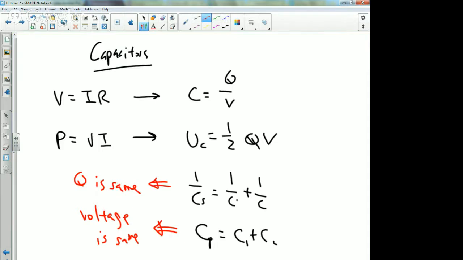at all locations. Okay? So if we were to do this, let me just give you guys one more practice question. And we're just going to turn it into a combined capacitor question instead of a combined resistors question. So keeping that in mind,